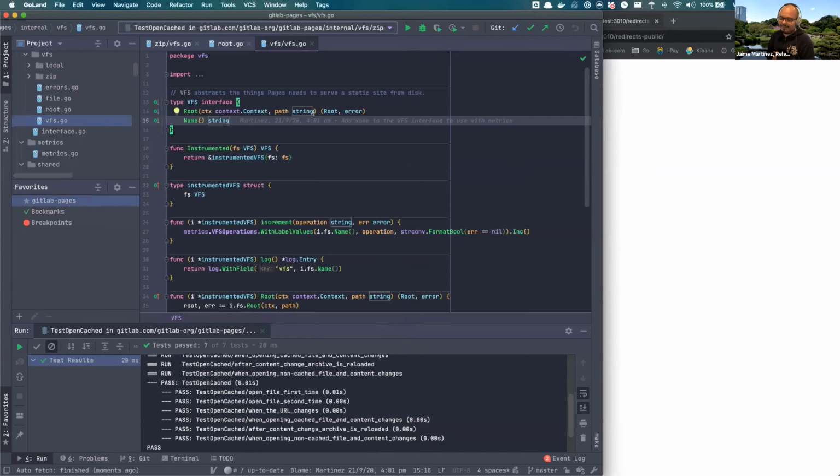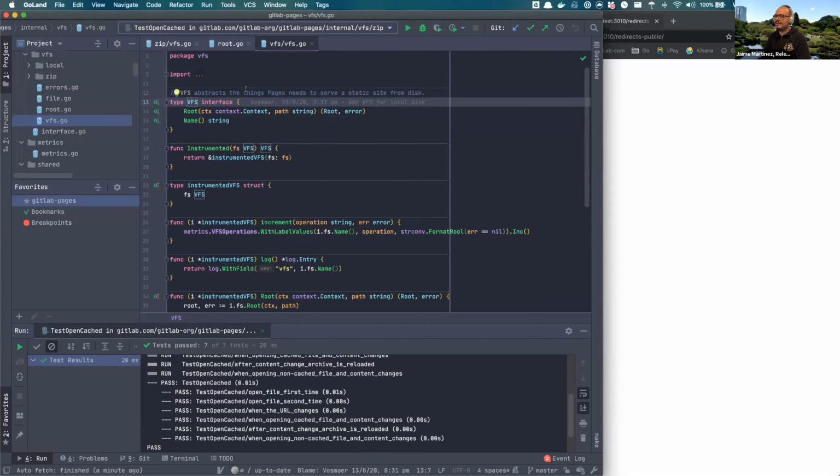There was a long discussion a few months ago: should we just serve the objects file by file, or should we go with this approach of having them packaged in a zip archive, making it just one file, and access it? We have a very nice contribution from Jacob from the scalability team, if I remember correctly, where he abstracted this